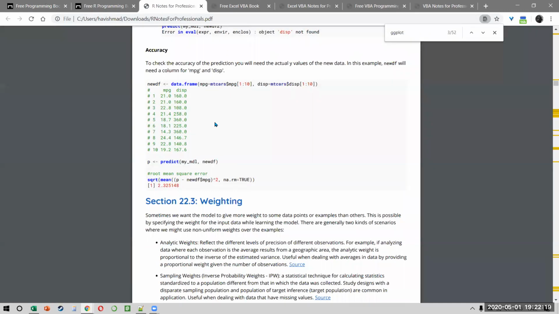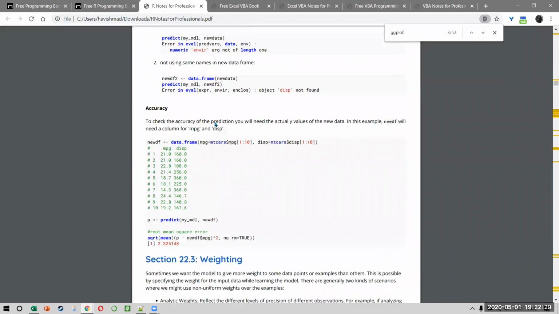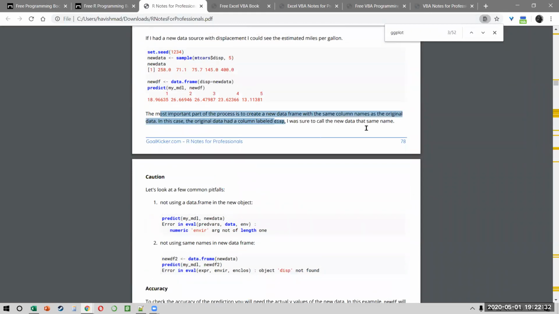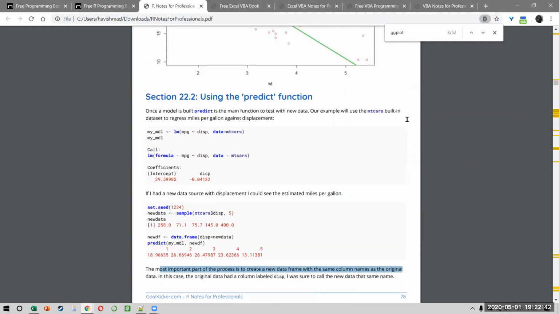So Goalkicker books are like or hate. Some people love them. Some people absolutely hate them because they find it too complicated. But I feel the language is a little technical. When you really read it, it's very professional. So they don't engage the audience. They don't explain it in a manner that makes you feel like reading it. Everything is very to the point, right? But I guess that's a good thing as well.